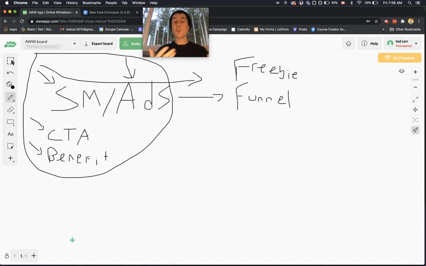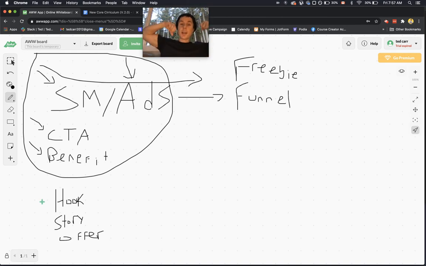There are different ways of getting clicks, but ultimately you have to have a hook in your social media post, which is an attention grabber, a scroll stopper. You've got to hook people's attention for at least a second, and then get them to read or watch a short little story. And then you make an offer at the end. So let's say you're helping people lose weight. The hook: you see these muscles? And then the story: I didn't always have these muscles. I used to be 20 pounds overweight. I was on the verge of suicide. And then I found the raw vegan diet, and that's when everything turned around.